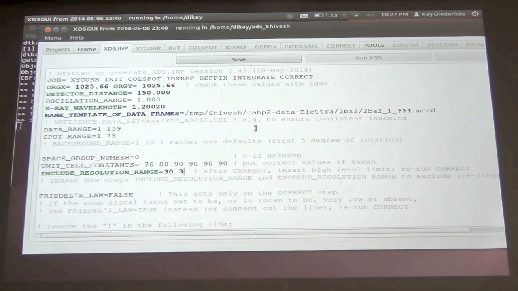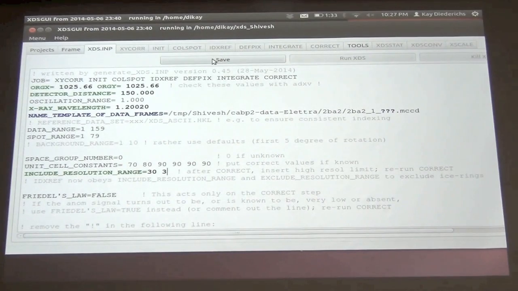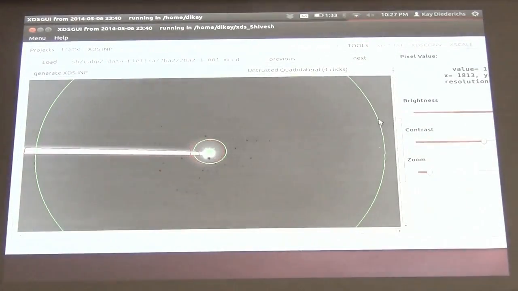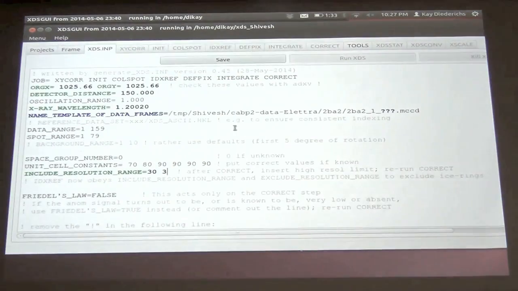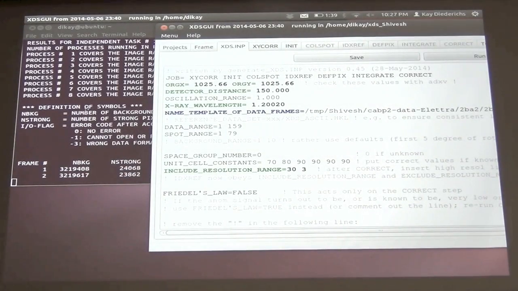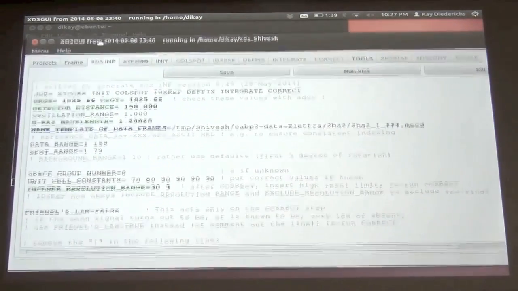Sometimes there is information at higher resolution, maybe in a different orientation of the crystal. This is, of course, not clear at the beginning. Now I put the 3 here, it shows me the 3 angstrom circle. Now going back to the XDS.INP tab, I could just say save, and run XDS. Okay, so let's see. Now you see here in the console the log file, but at the same time the